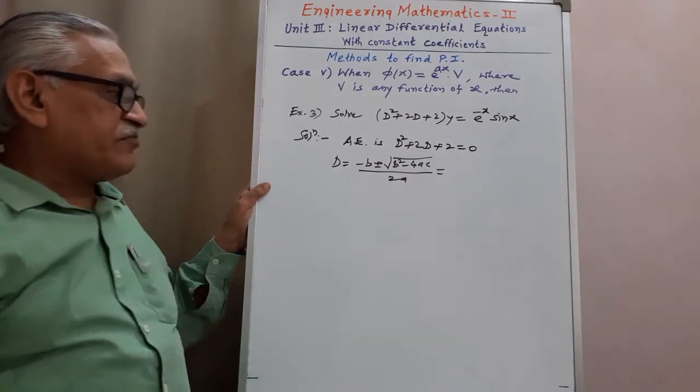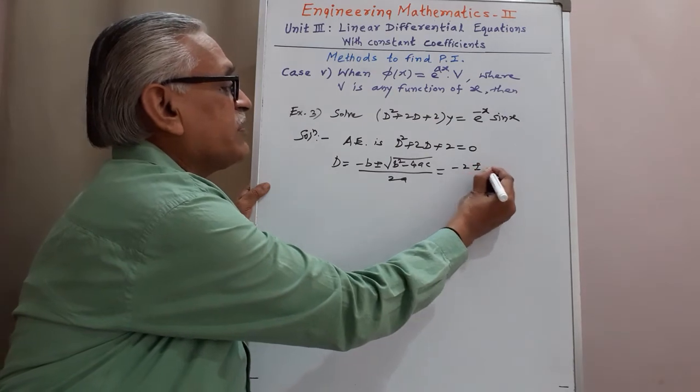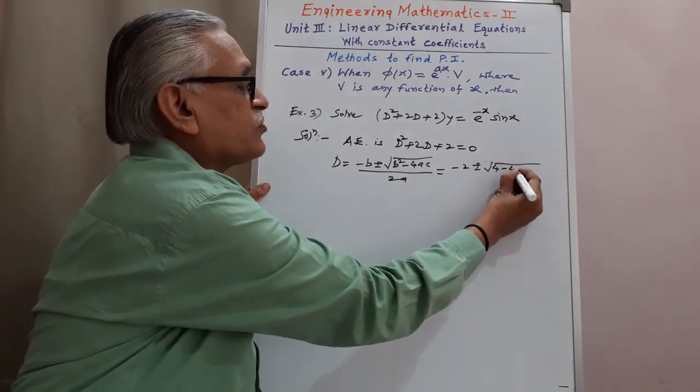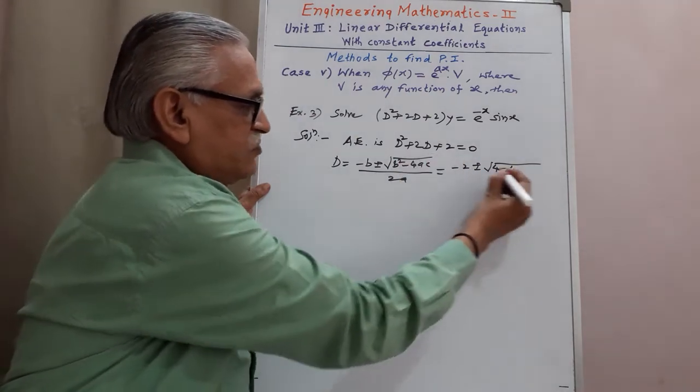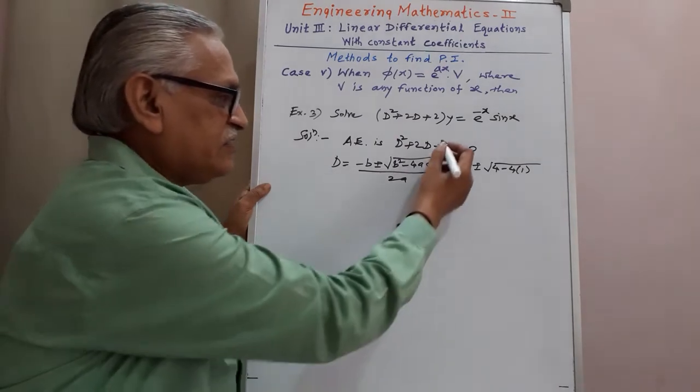Here the value of b is 2, therefore minus 2 plus minus root of 2 square minus 4 times ac, a is 1, the coefficient of D square, and c is 2,